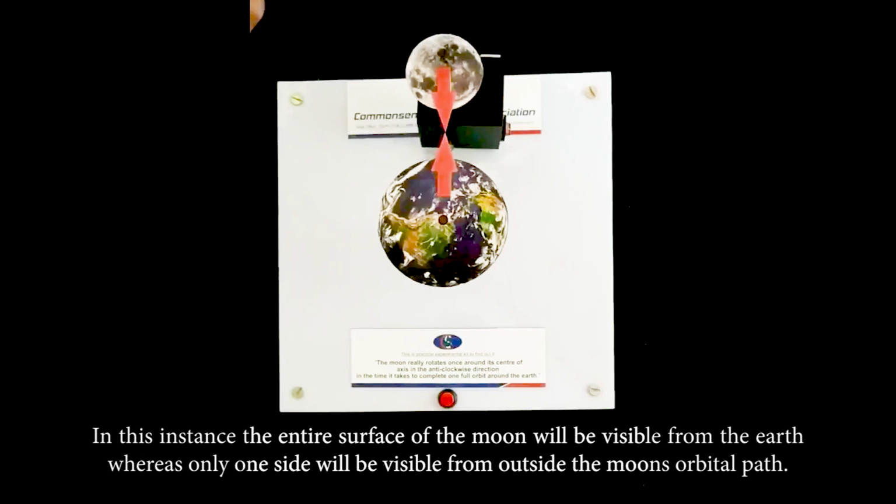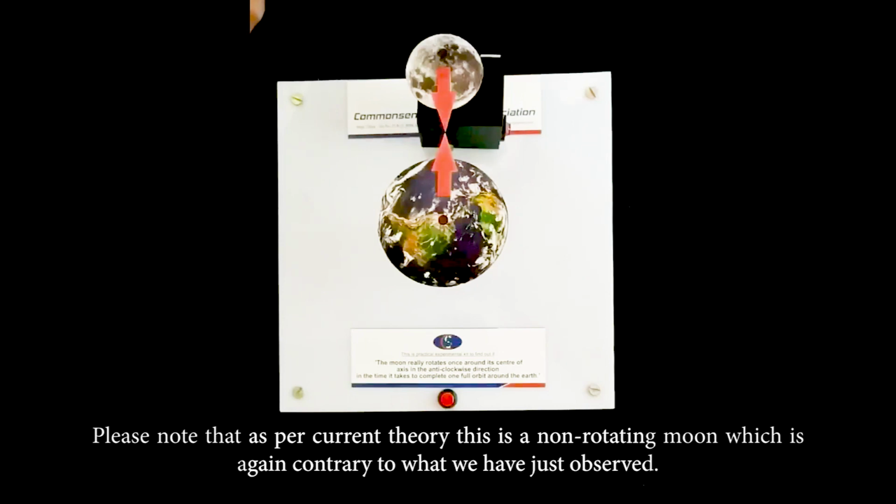direction. In this instance, the entire surface of the moon will be visible from the Earth, whereas only one side will be visible from outside the moon's orbital path. Please note that as per current theory, this is a non-rotating moon, which is again contrary to what we have